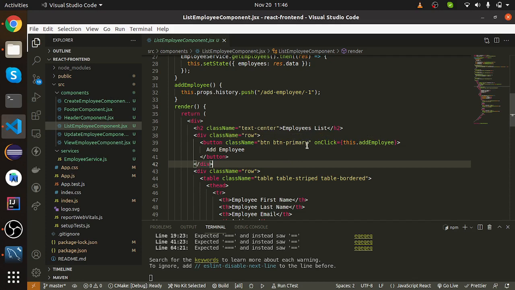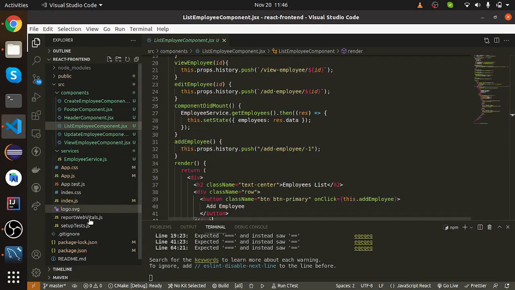If we use button primary, it will automatically give you a blue button, button success will be green, and button danger will be red. This is the function of Bootstrap, so you have to install Bootstrap.